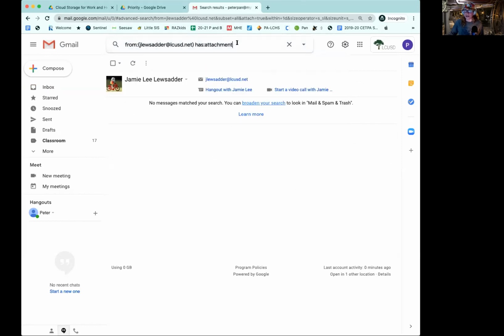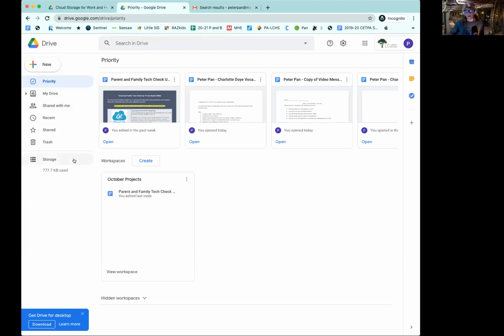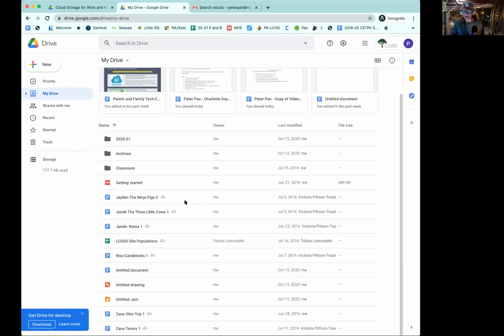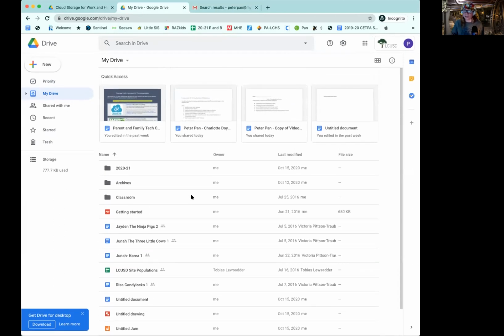So just know that search is something that's super, super helpful, and that's an option. And that is also what you're going to see in Google Drive. So my tip here for everyone is Google Drive can be a super unorganized file cabinet. And that is okay because search is so good. But there are a couple things I wanted to point out for students to work on in terms of this,